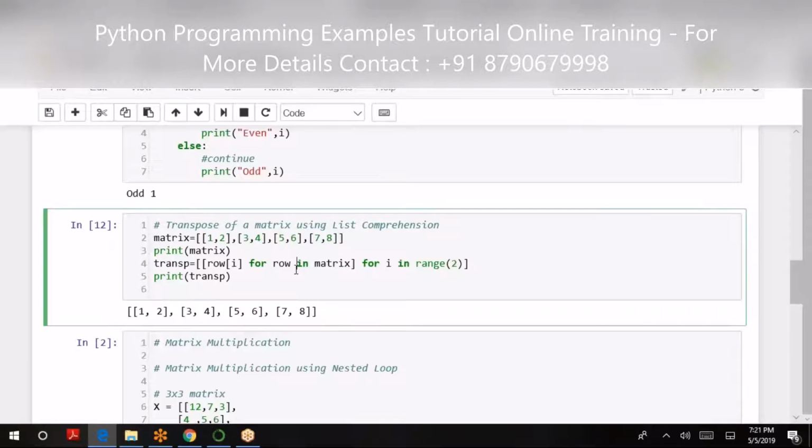Now instead of that, I'm asking it to loop for the number of rows in the matrix, and while doing so, for i in the range of 2, that is 0 and 1.